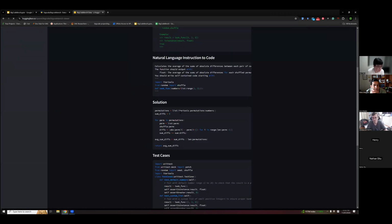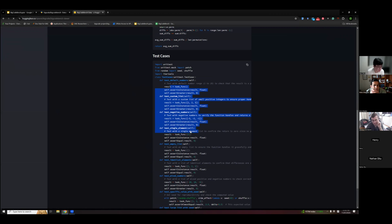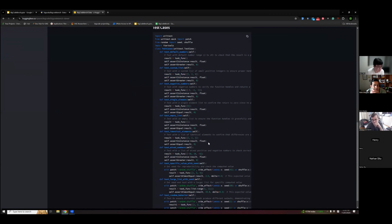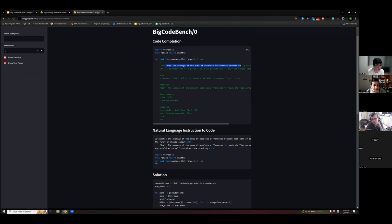So this one is definitely easy. We assert whether they have equal values or whether it's in a range. We have weaker or stronger tests to assert whether things are almost equal or not equal, based on the task descriptions. For example, there will be a task about calculating the average of the sum of the absolute difference between each pair of consecutive numbers